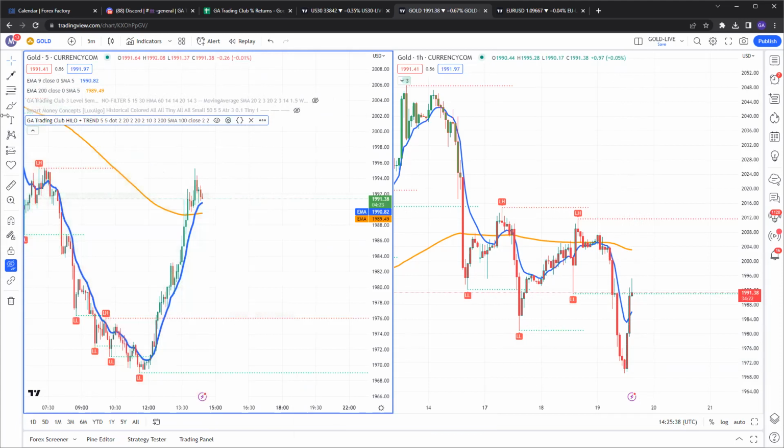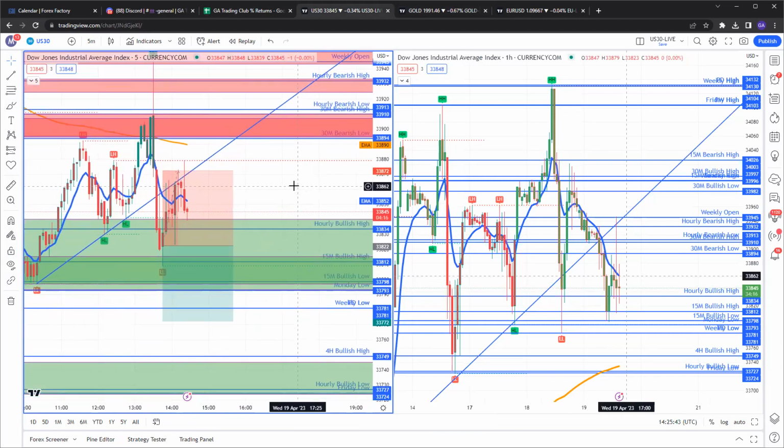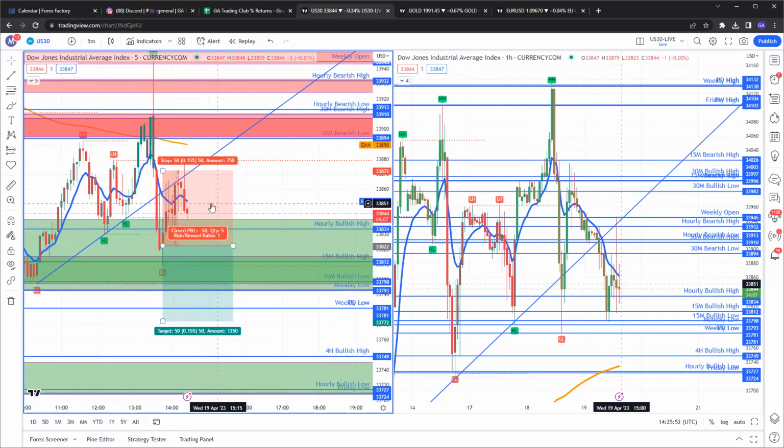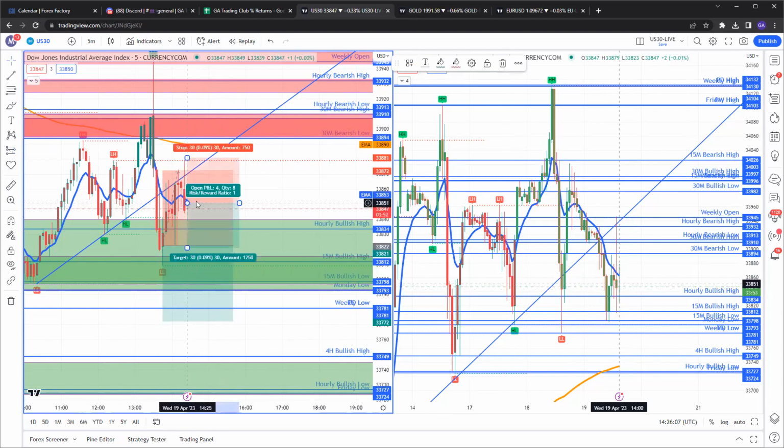See, do that. All right, US 30. This right here, I do see. Personally, I'm going to enter the sell on US 30. I'm not going to count this, so just take it at your own risk to reward. But the reason I'm entering is that we had this rejection from the trend line and then closure below, and it's also around the 9 EMA. So I will take a sell on US 30 around here. I'm not going to count this as an official trade. I'm just ideally taking it because